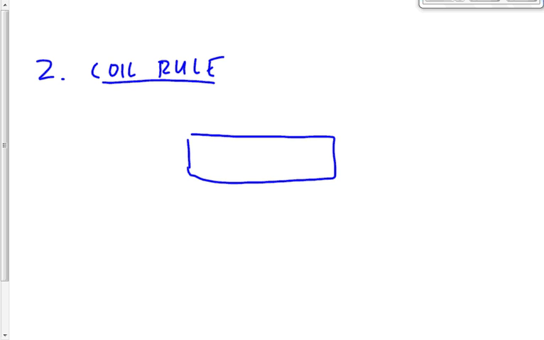The second rule that we learned was the coil rule. What's another word for a coil or a coil of wire? Starts with an S. Solenoid, yeah. It's a fancy word for a coil of wire. When we have a coil of wire or a solenoid that's wrapped around a piece of steel or a piece of iron or some other ferromagnetic material like this,